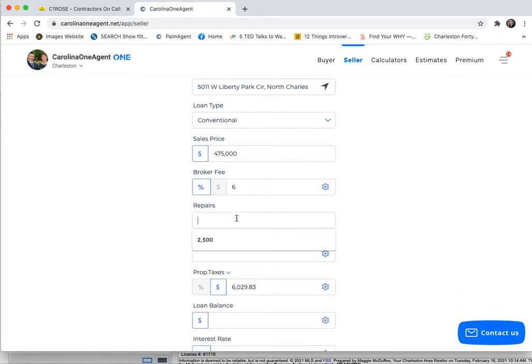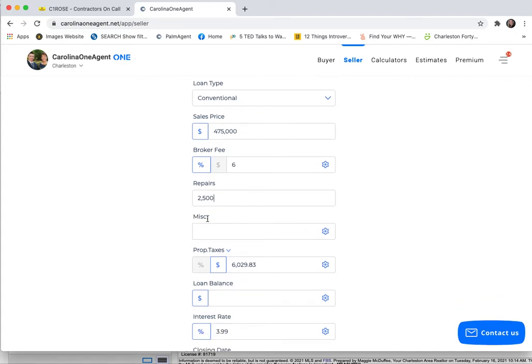Repair concession, I always put some number in there. I just think it's important for you to provide a buffer for the seller, get them already in the mindset that they're going to have to concede on something. So always put a number in there. Sometimes you could do 1% if the condition of the house is pretty rough, but I usually do something around 2,500 or something similar. Now, miscellaneous, this category here could be very important, especially given the times and circumstances that